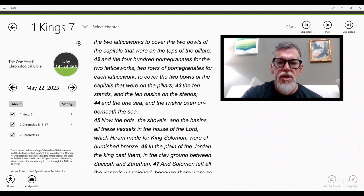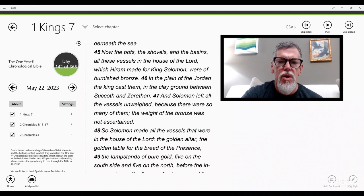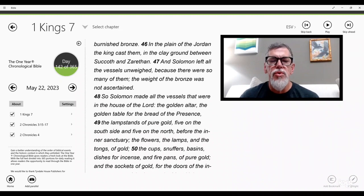Now the pots, the shovels, and the basins, these vessels in the house of the Lord, which Hiram made for King Solomon, were of burnished bronze. In the plain of the Jordan the king cast them in the clay ground between Succoth and Zarethan. And Solomon left all the vessels unweighed, because there were so many of them, the weight of the bronze was not ascertained. So Solomon made all the vessels that were in the house of the Lord, the golden altar, the